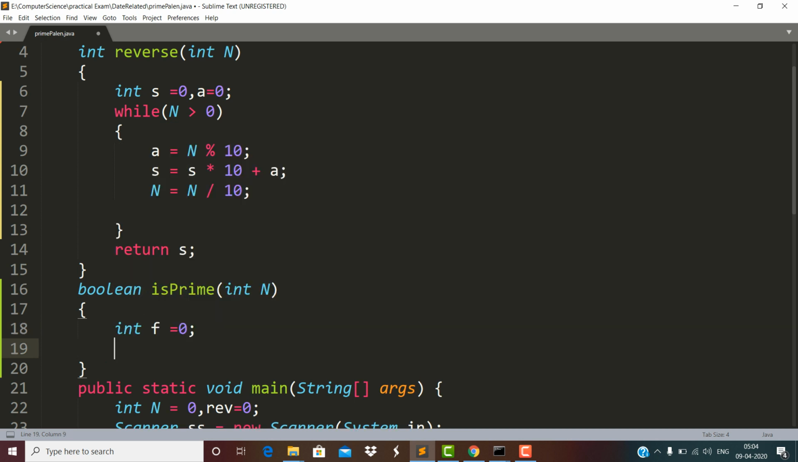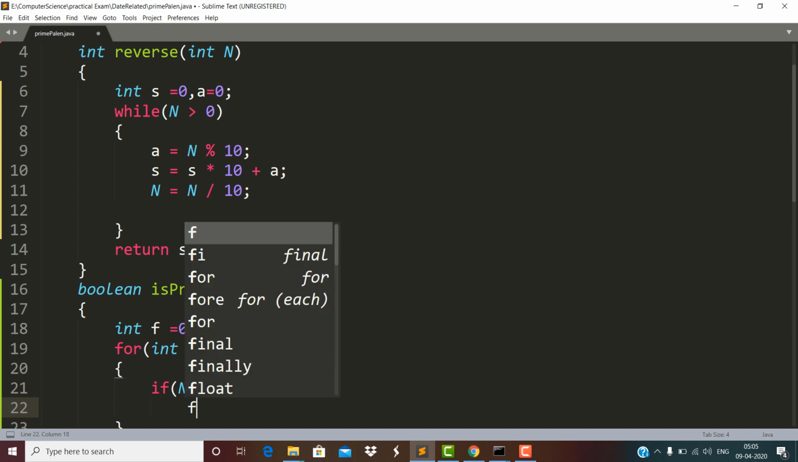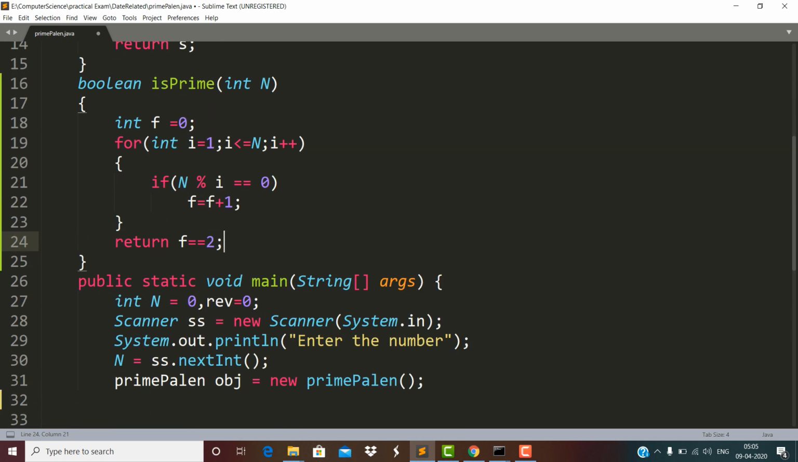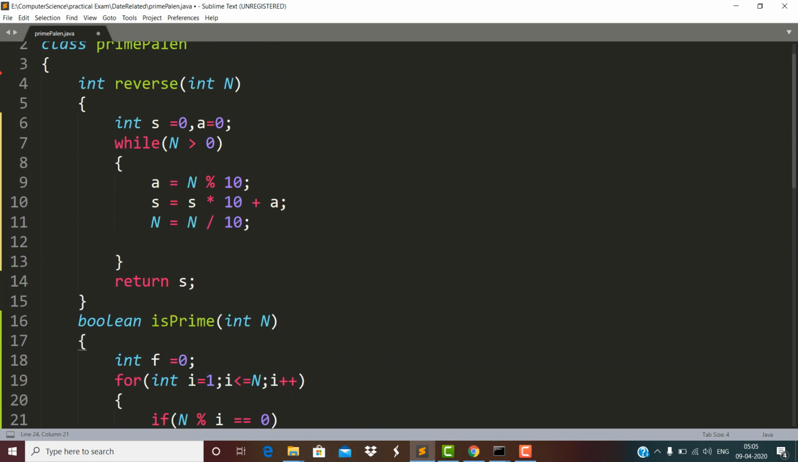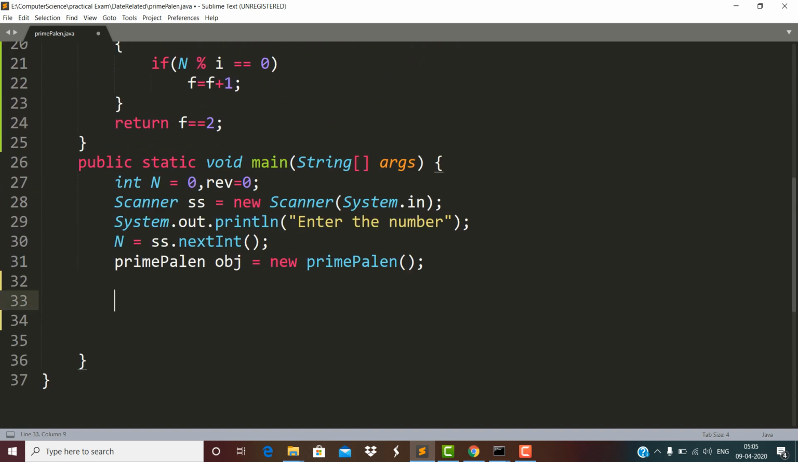So here I have got a variable f for counting the factors. Here this will go from 1 to n, and here in this case if n mod i is 0, then f is equal to f plus 1. Children, here this function will return true in case when the number n is having only 2 factors. Now we have both these functions, reverse and is prime, and now I'm going to call these functions for prime